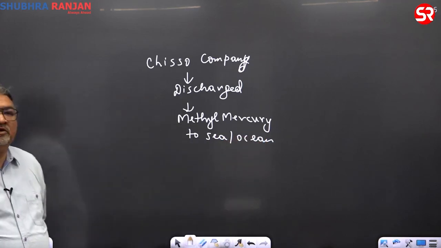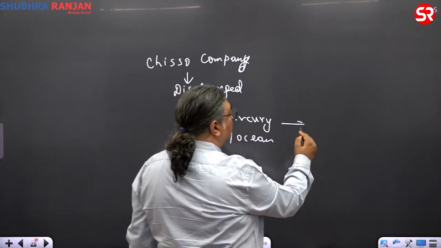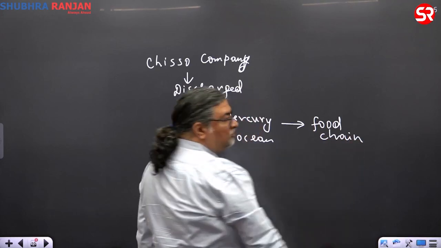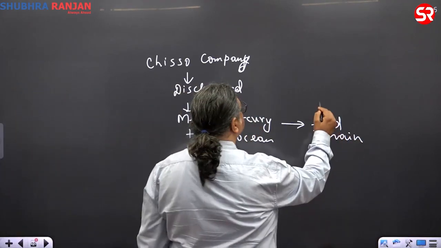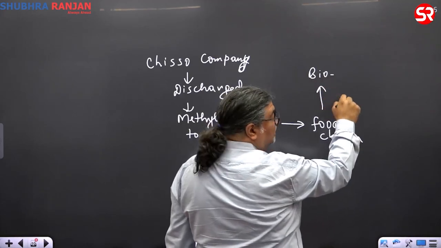They will discharge to the water bodies. And you know what will happen there? This methyl mercury is highly toxic. It entered the food chain. And what is that term called? You know this term? There is a term called bioaccumulation in the food chain, and then finally